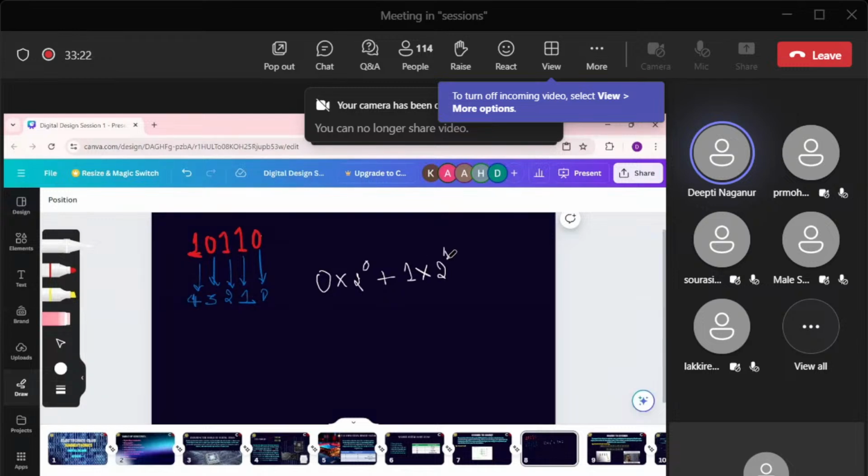So 2 power 1, plus I take 1, multiply this with 2 power the index of this number, which is 2,